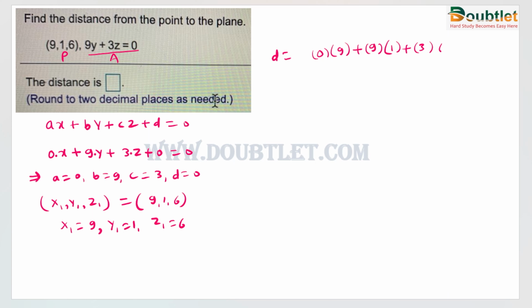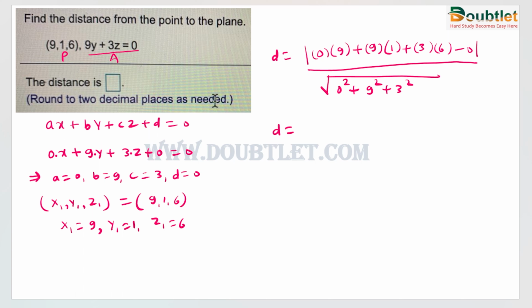So 3 multiplied by 6 minus 0, and we take the magnitude of this, divided by the square root of the coefficient of x, 0 square, coefficient of y, 9 square, and coefficient of z, 3 square. So d is equal to 9 plus 18, 27, divided by the square root of